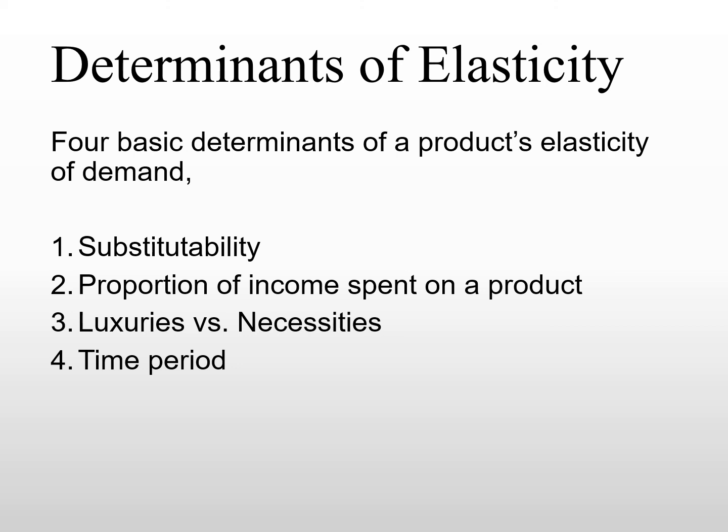Number two, it depends on the proportion of income spent on the product. When you're buying something that takes a majority of your income, obviously you will be a little bit more careful buying that product, compared to if you're only spending, let's say, $1 on a pack of gum. Whether the pack of gum has a discount of 50% or maybe 90%, you're probably not going to make much of a dramatic difference purchasing the gum today.